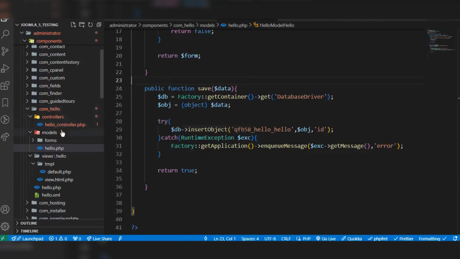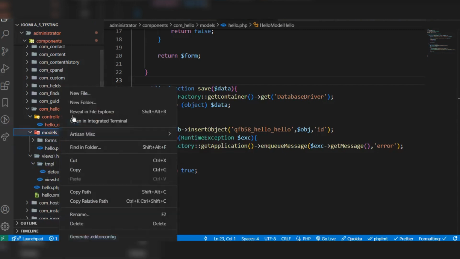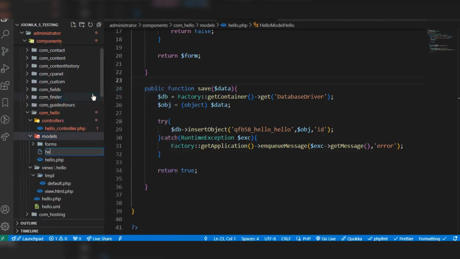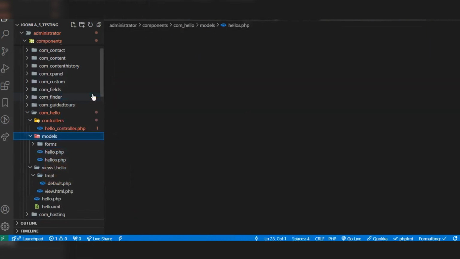In hellos model, for this hello.php we work on this form. Now I will create a new PHP file for showing the data from the database. So let's give hellos.php, and